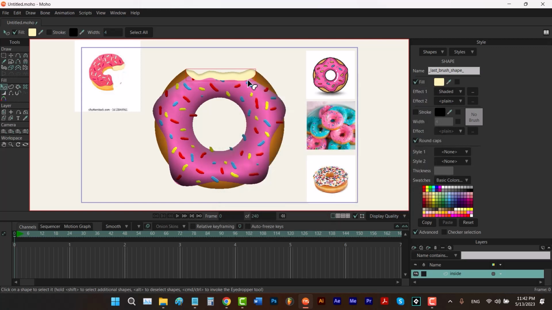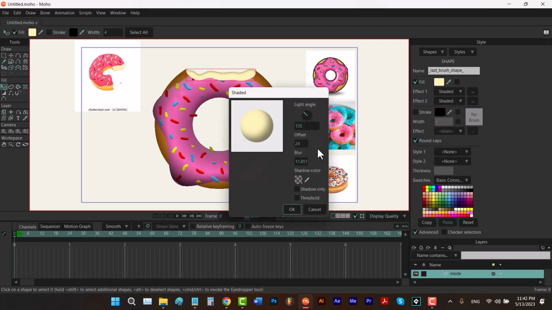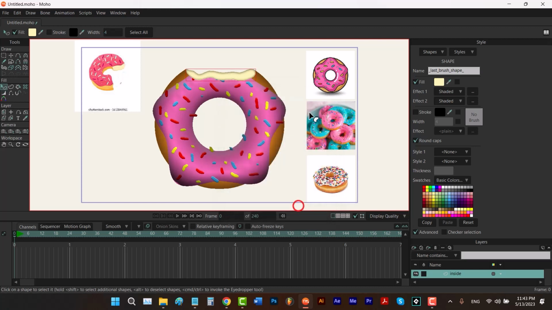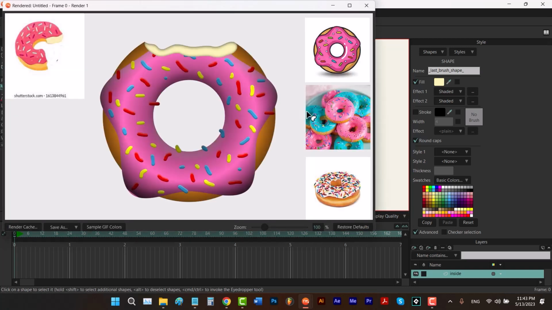For this edge you can add some shadows as well. So I'm gonna click on here, choose shaded, click on here and type 90, click on this one, type 0, 0 again, then again I adjust them manually. I'm gonna increase this a little bit, and that should be good. So I click on OK and hit Ctrl R. Looks delicious, isn't it? I'm gonna close this